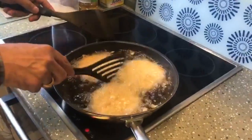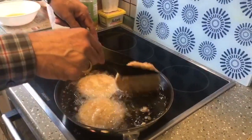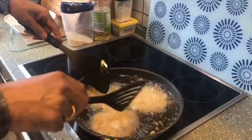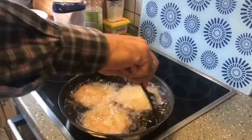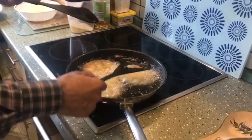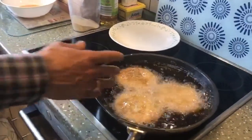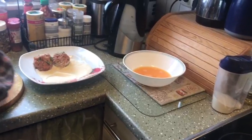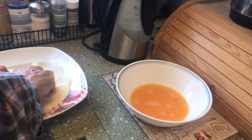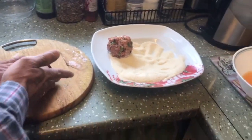After a little while, we turn the cutlets. And let it cook in the oil. Every time this little egg on the side which fries, you try and remove it. After turning this, again the remaining 2, while the cutlets are being fried, we wrap it with semolina, press it with our fingers, get the shape, and